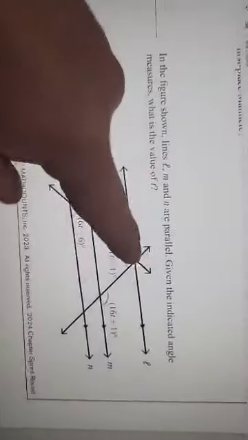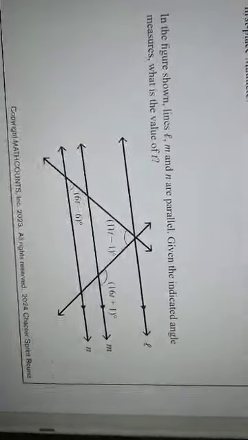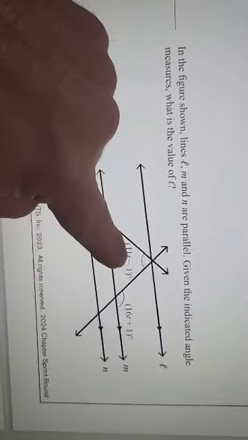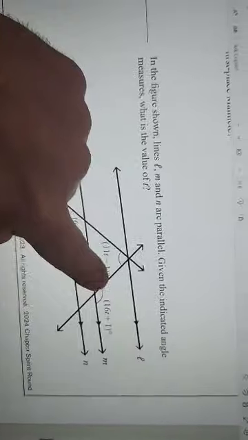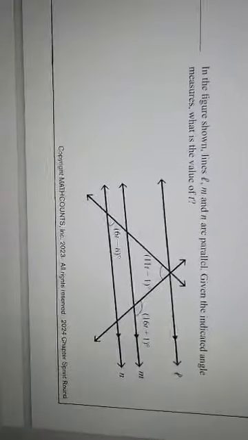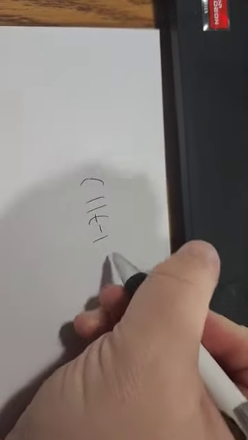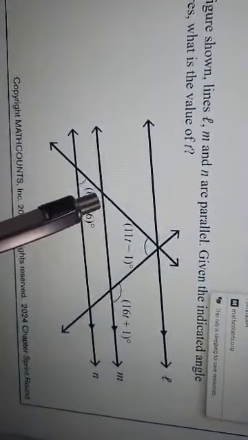All right, so as I was saying, these three angles have to add up to 180 degrees. We know one of them, so I'm going to write that down, because if I add these three angles together, it should add up to 180. So 11t minus 1, plus, well, I don't know this angle, but